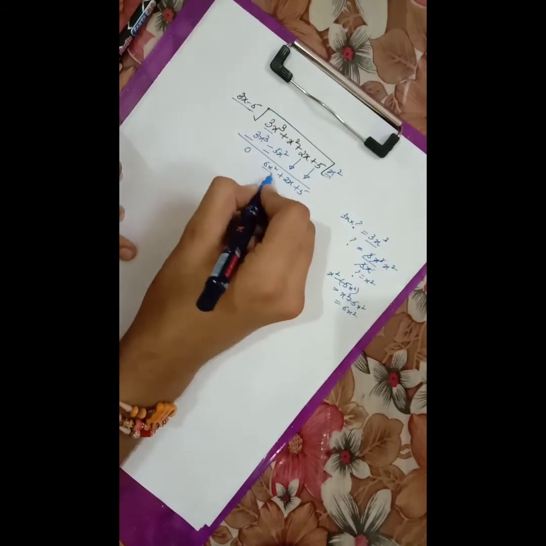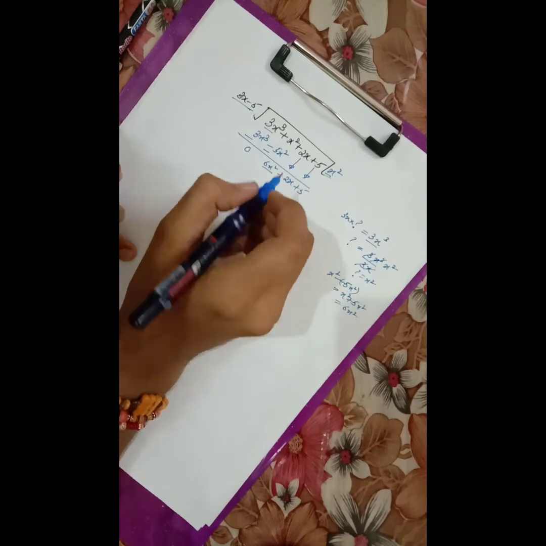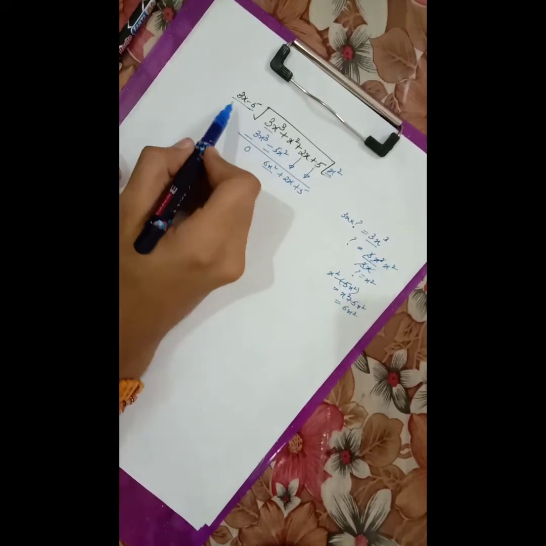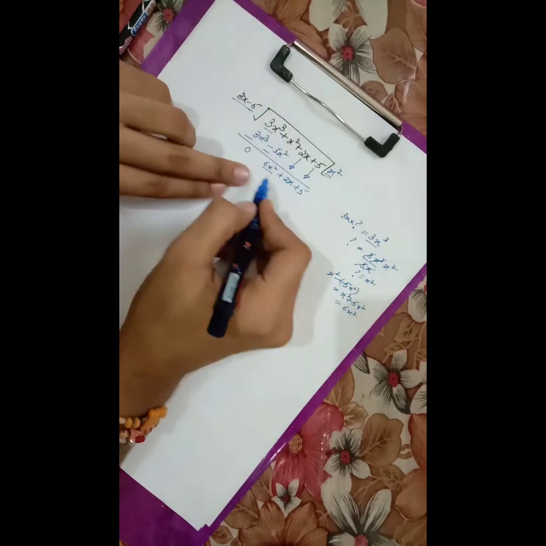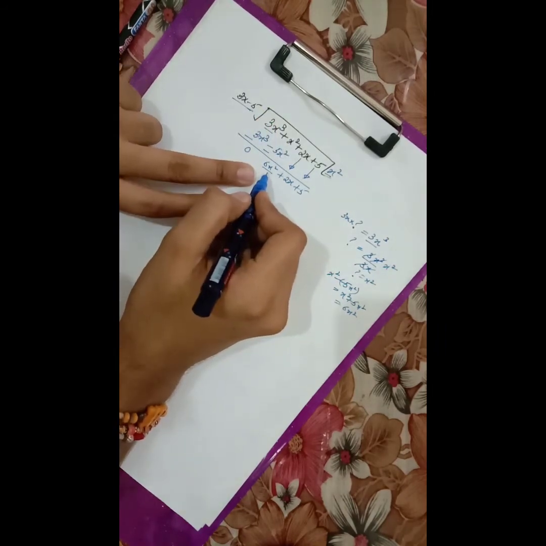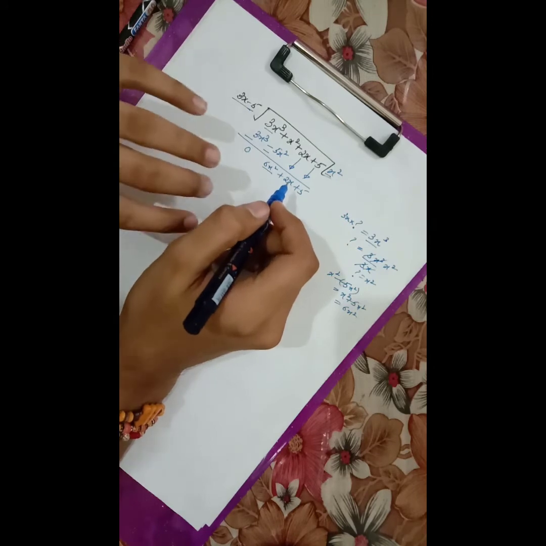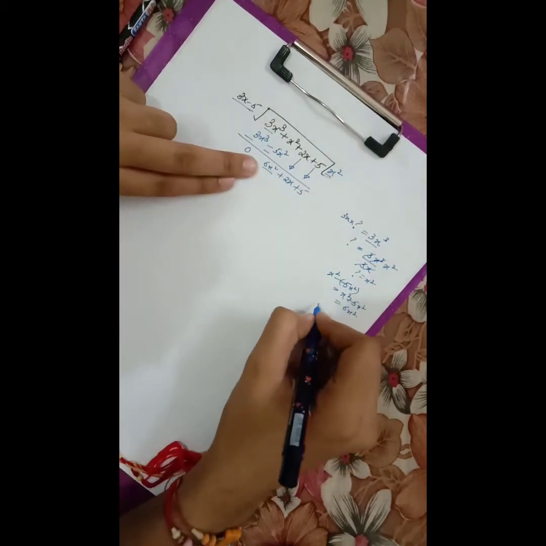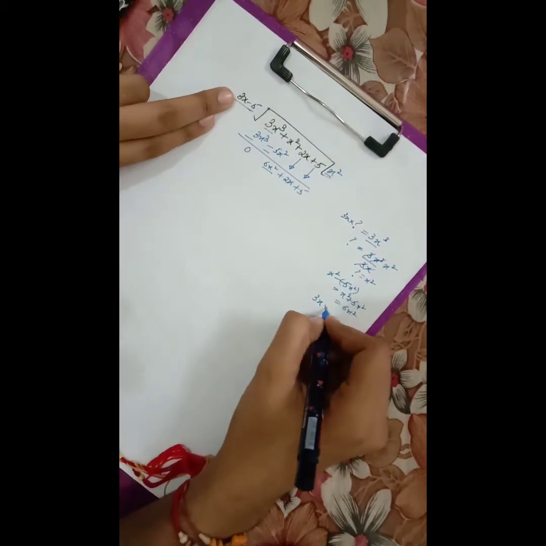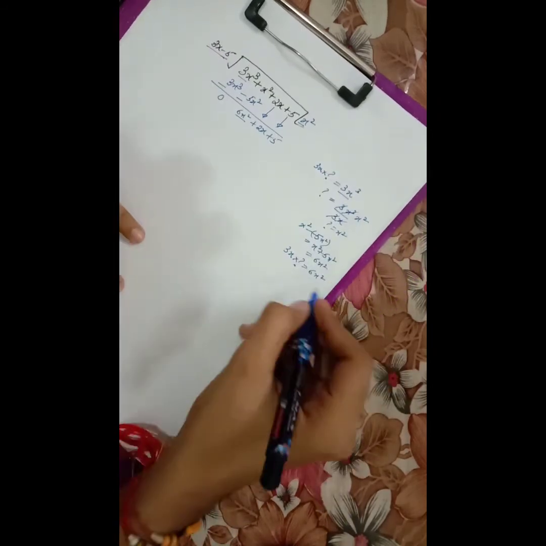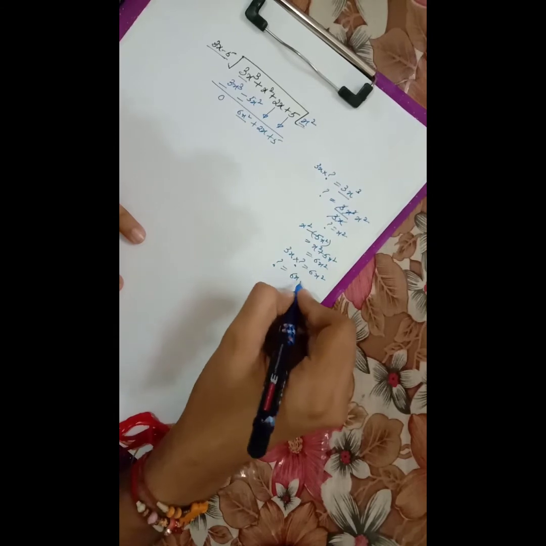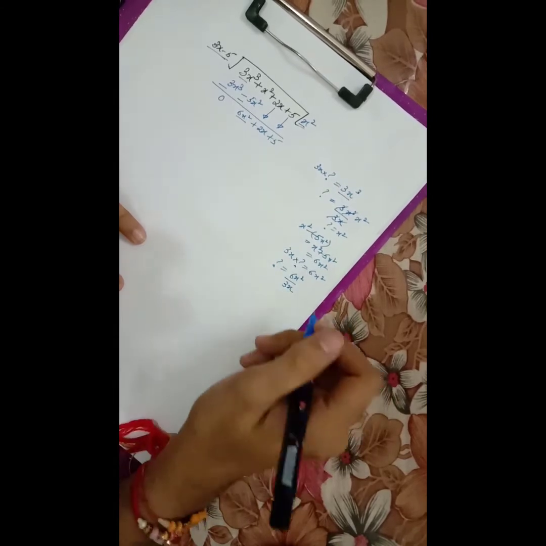Now the first term of the new dividend is 6x square, which has second degree, and the first term of our divisor is 3x, which has single degree, that is 1 degree. It means this has a larger degree, so it is not our remainder. We have to still divide it. So now we have to multiply this 3x, the divisor term, with something that gives us 6x square. Now the question mark comes out to be 6x square divided by 3x.